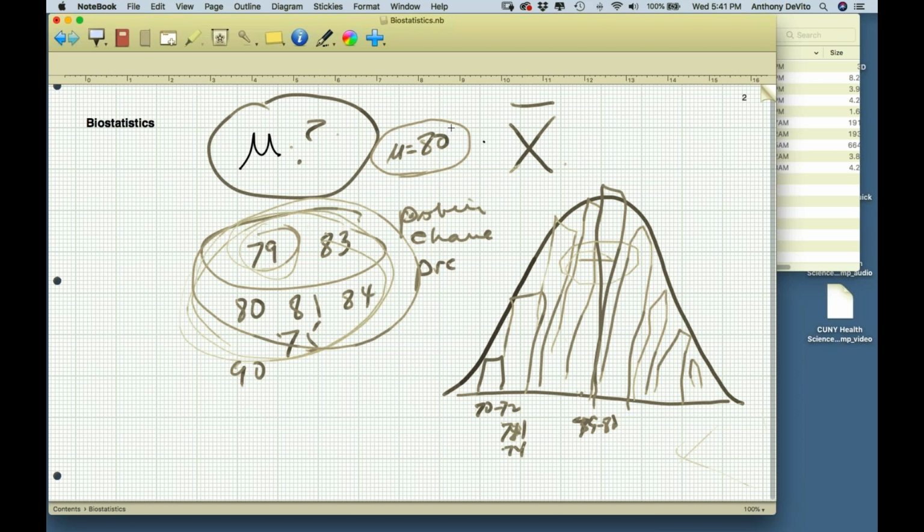In other words, if the average blood pressure for our population is 80, then the most likely outcome, if you randomly sample someone, is that you're going to get somebody that's close to 80. And it's going to get less and less likely as you get further and further away from 80. So it's going to be more likely that you'll find people whose blood pressure is 79 than, say, 75. And once you get down to 70, it gets very unlikely. As you get further and further away from the mean, it gets less and less likely.